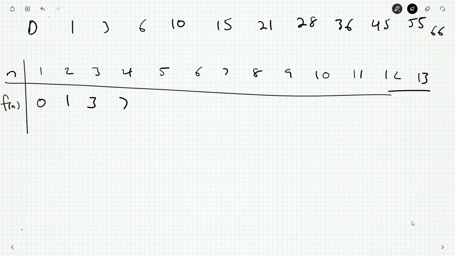And then we add on 10, which is 13. Add on 15, which is 22. Add on 21, which is 34. Add on 28, so that's 50. Add on 36, so this one will be 70. Add on 45, so that'll be 95. Add on 55, so this will be